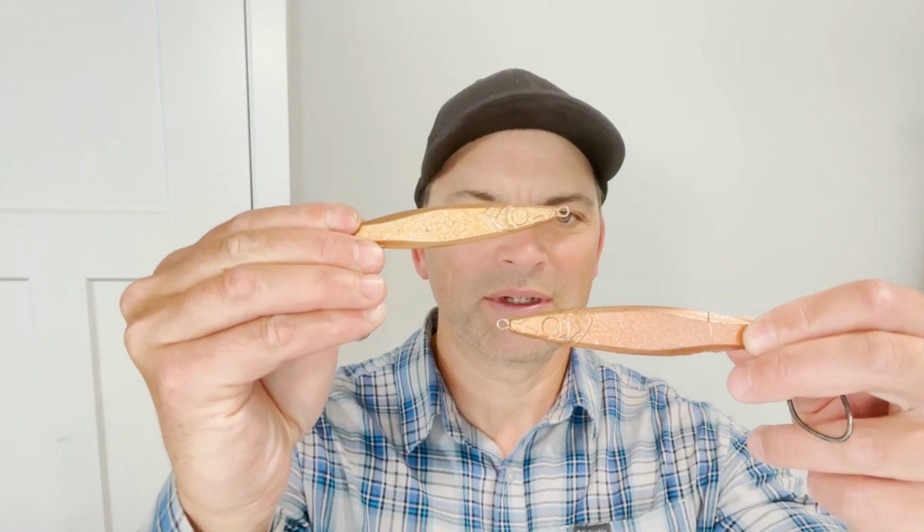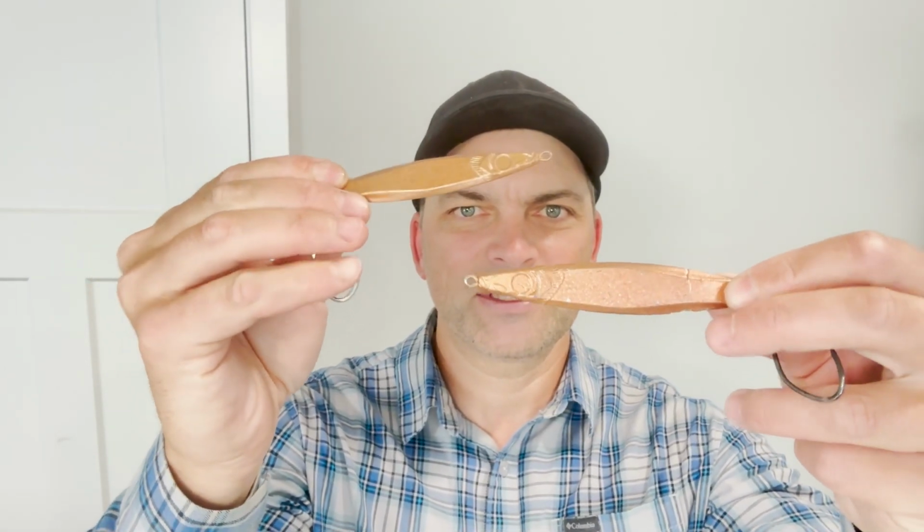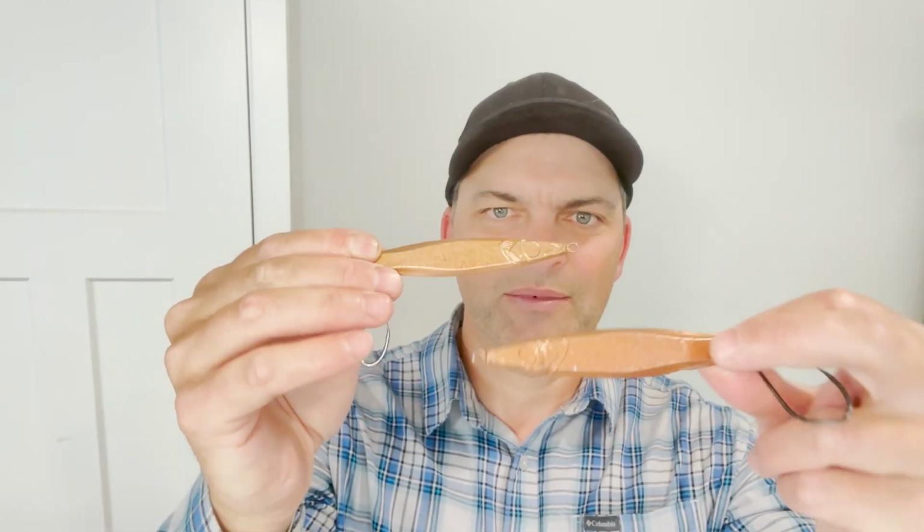Hey everybody, today I'm going to be showing you how to make flutter jigs. Got a couple up here. I got a 2 ounce and a 3 ounce, and I'm going to show you how to make them for $1 a piece. Normally you can buy them for $5 to $7 depending where, but basically if you make 100 of these you'll be paying $1 a piece, and then after that first 100 they're going to drop down to 30 cents a piece,